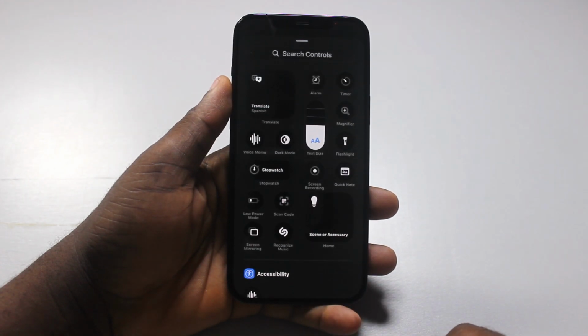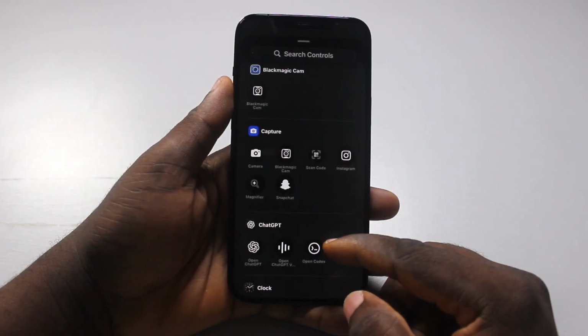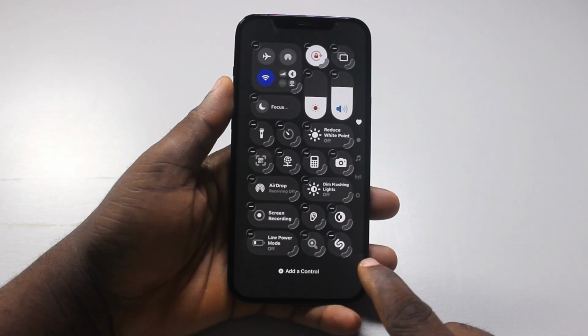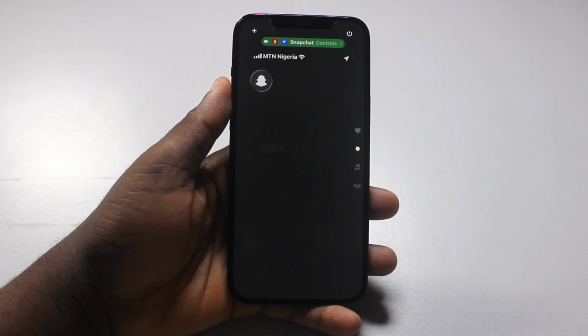Once you click on Add a Control, you should see all available controls. So go ahead and click on the control you want to add to the Control Center. Then you should see the control added. Now click outside to save changes. If you now scroll through the Control Center, you'll be able to see the new control you added to the